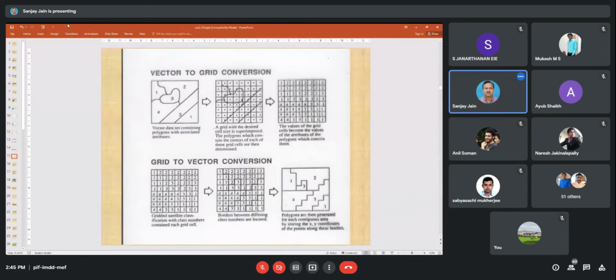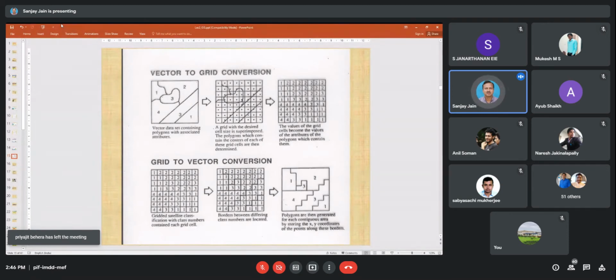Like you can see here, if you see the vector to grid conversion this way, with different features or different bodies, then you will get the last one if you convert that again, meaning visualize it, into vector. If you want to convert vector to grid and then grid to vector, you can do that in any software. Most software has the capability to convert a vector map into a raster map and a raster map into a vector map.